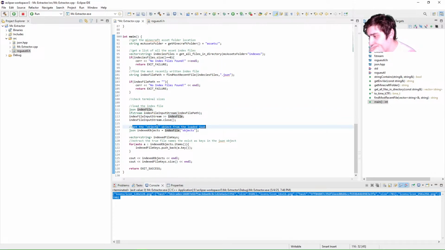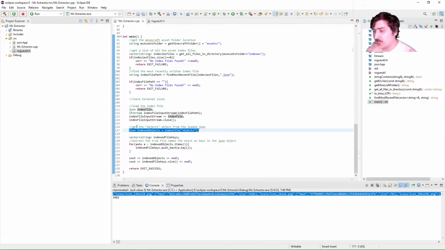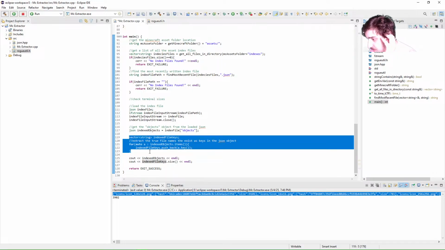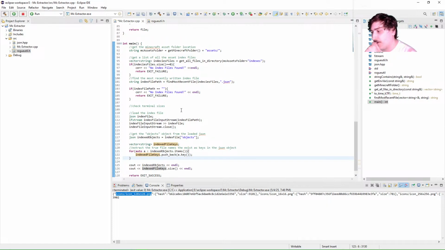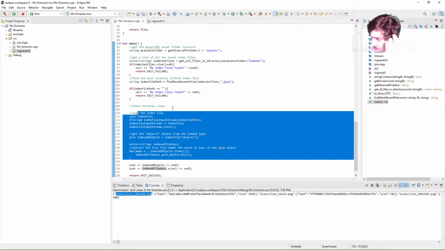Then we extract... Now, the way this file is laid out is kind of dumb. Yes, it's a JSON object. A single JSON object. But that single JSON object contains one single field named objects, which contains a lot more JSON objects, which is what we extract from this. Stupidly laid out, but whatever. And then we're extracting the names, so basically these file paths from the JSON object, and that's where we stopped so far. First thing I need to actually do here is, before we even get to loading the JSON files,